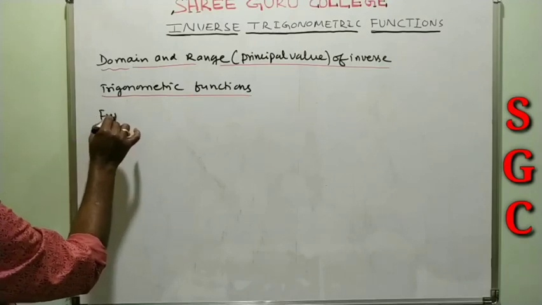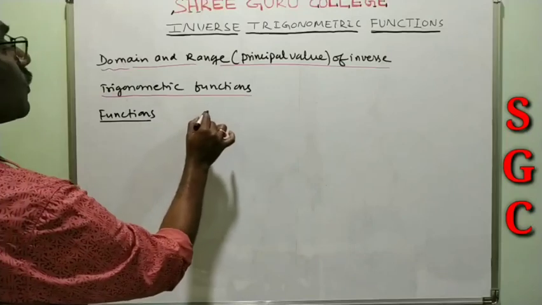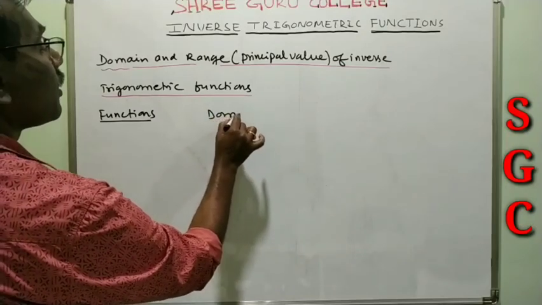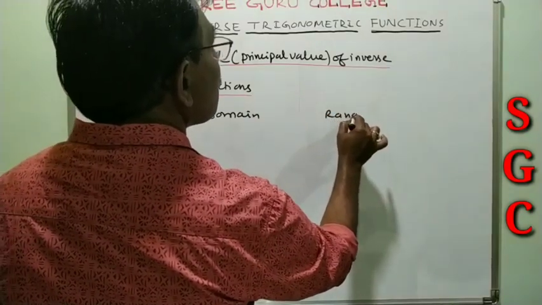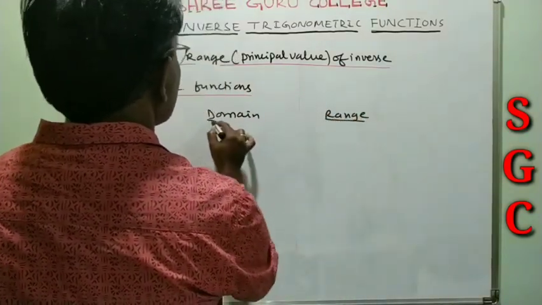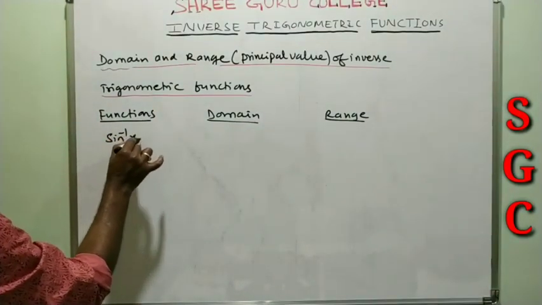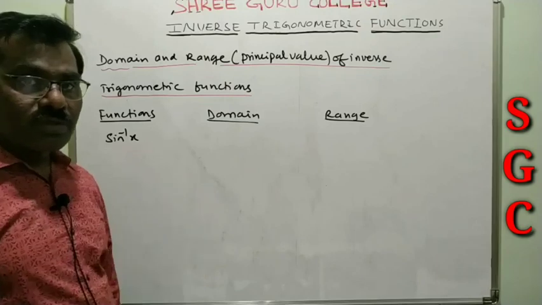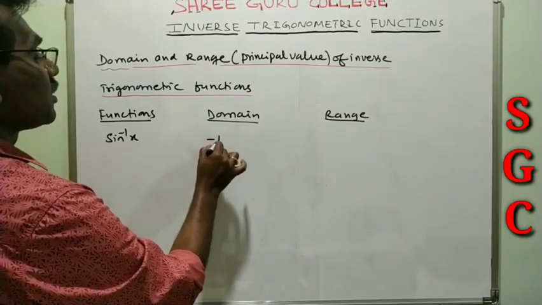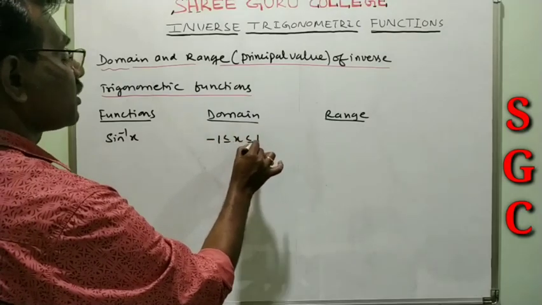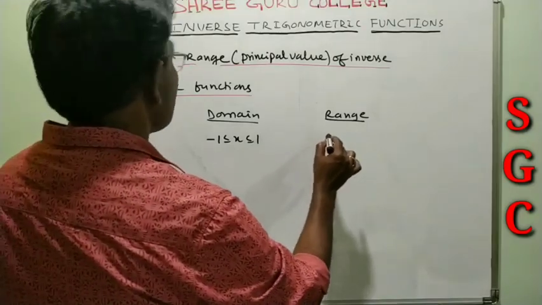Functions: domain and range. Okay, what is the first one? Sine inverse of x. What is the domain? -1 to +1. X lies between -1 to +1. And range is,